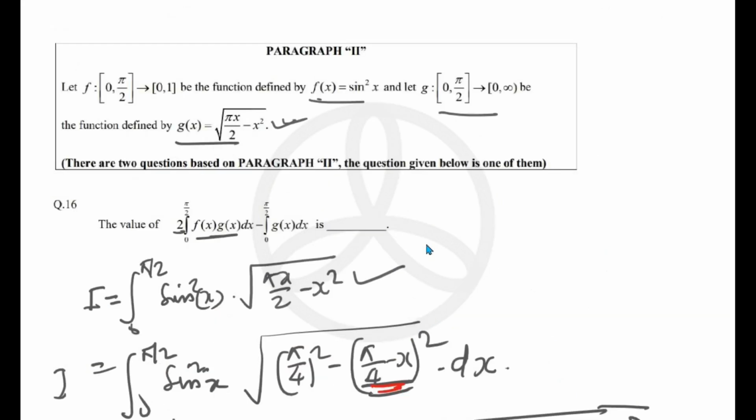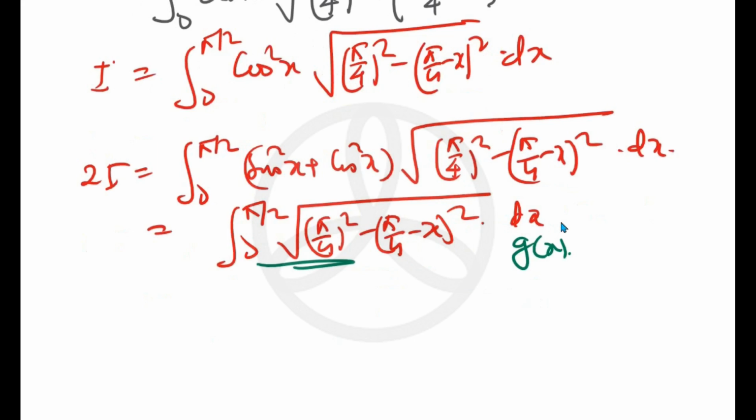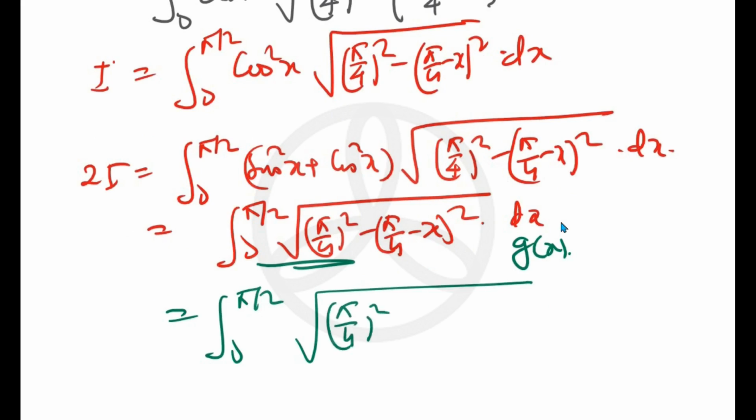The moment we simplify it, we will get this particular expression. In case you want to simplify and see, I can just do this for you. (pi/4) square minus of (pi/4) square minus 2 pi x by 4 plus x square,